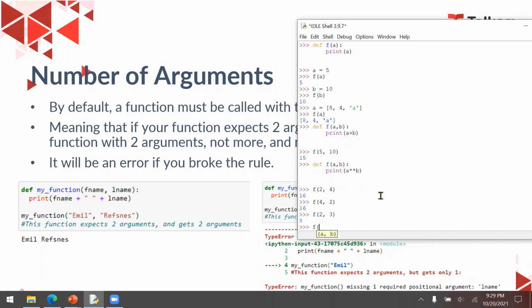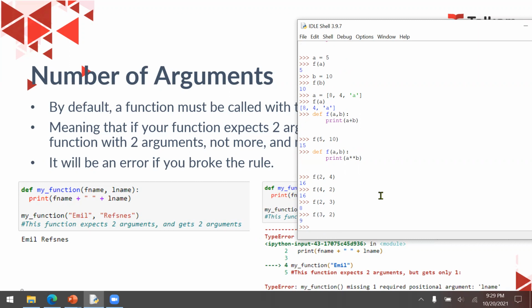But if I change the sequence, 3 and then 2, it will return 9, because 3 will be sent as a and 2 will be sent as b. And then the calculation is a power of b. So that means 3 power of 2, which is 9. And 2 power of 3 is 8.